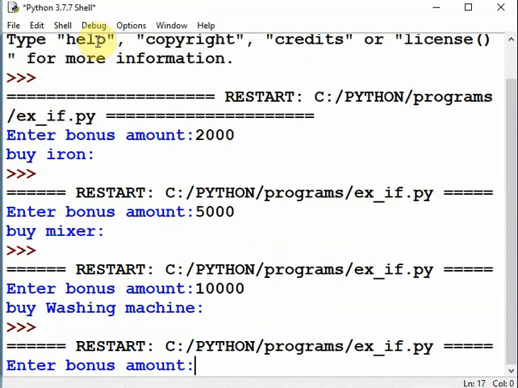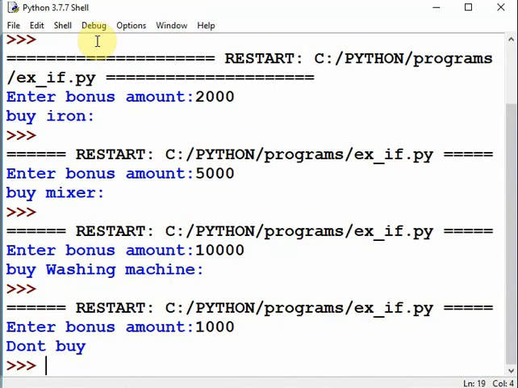Other than, for example, 1000. Amount is other than 2000, 5000, 10,000, for example, 1000. Don't buy. So this is the example of if else if statement.